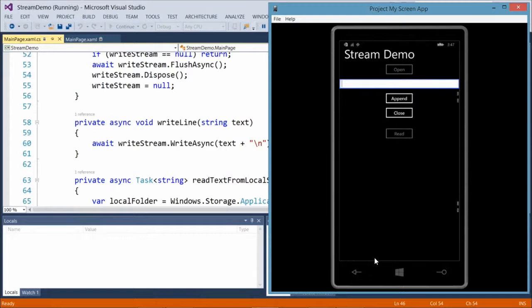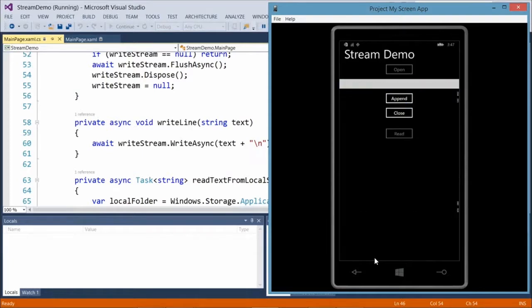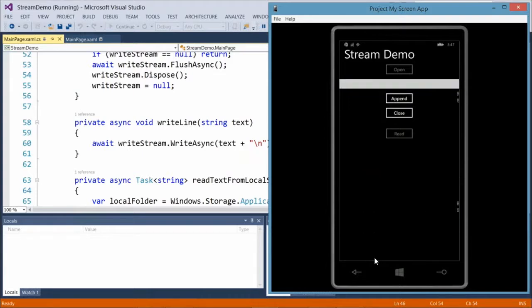We append that. We can do this as many times as we want. And one more time. And we'll close that stream, and now the stream is closed, it's written to the file,